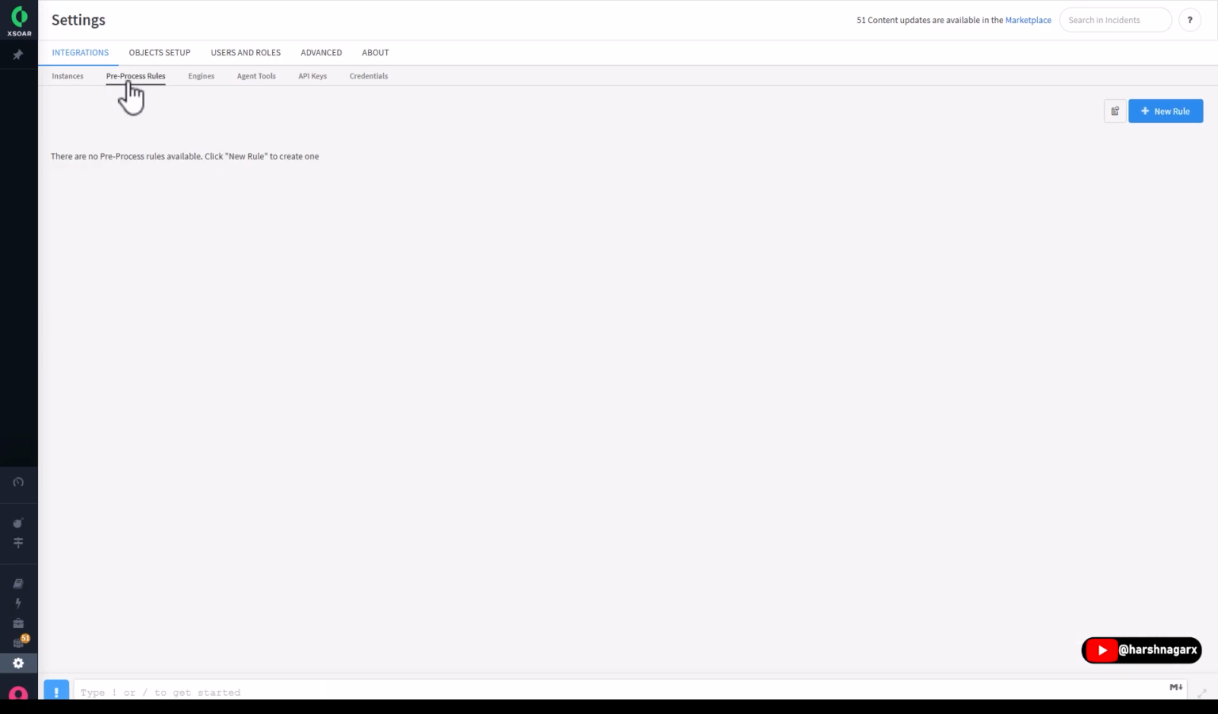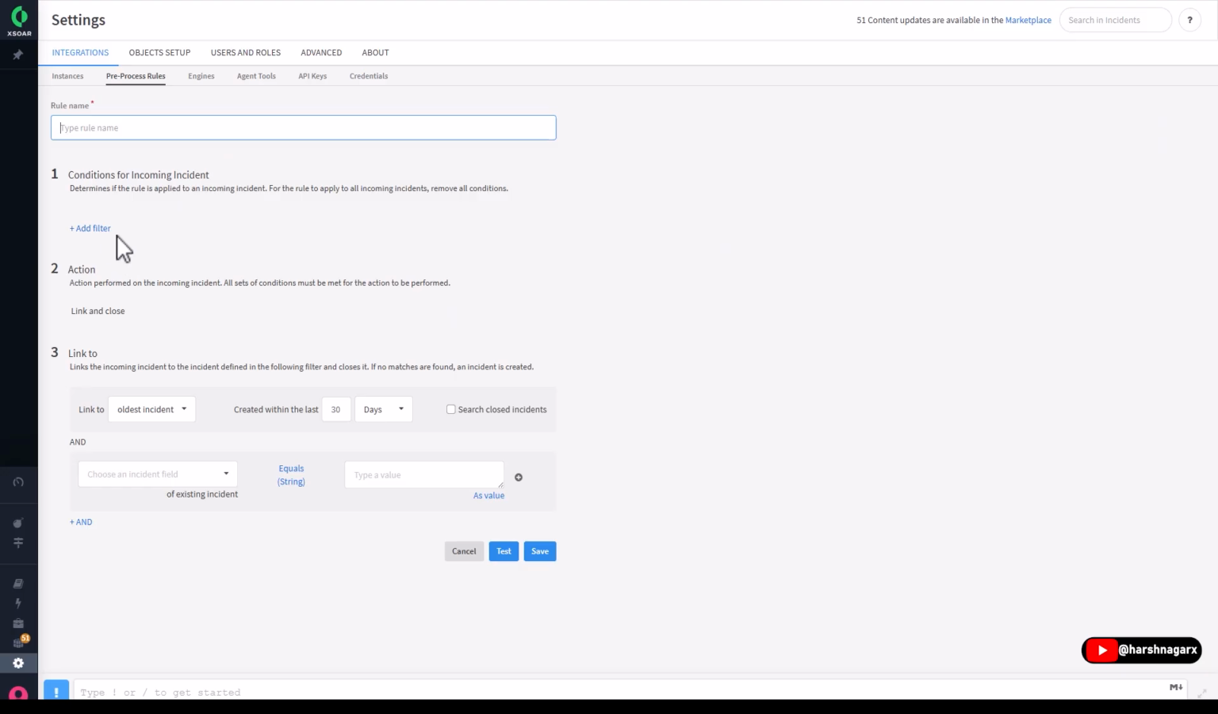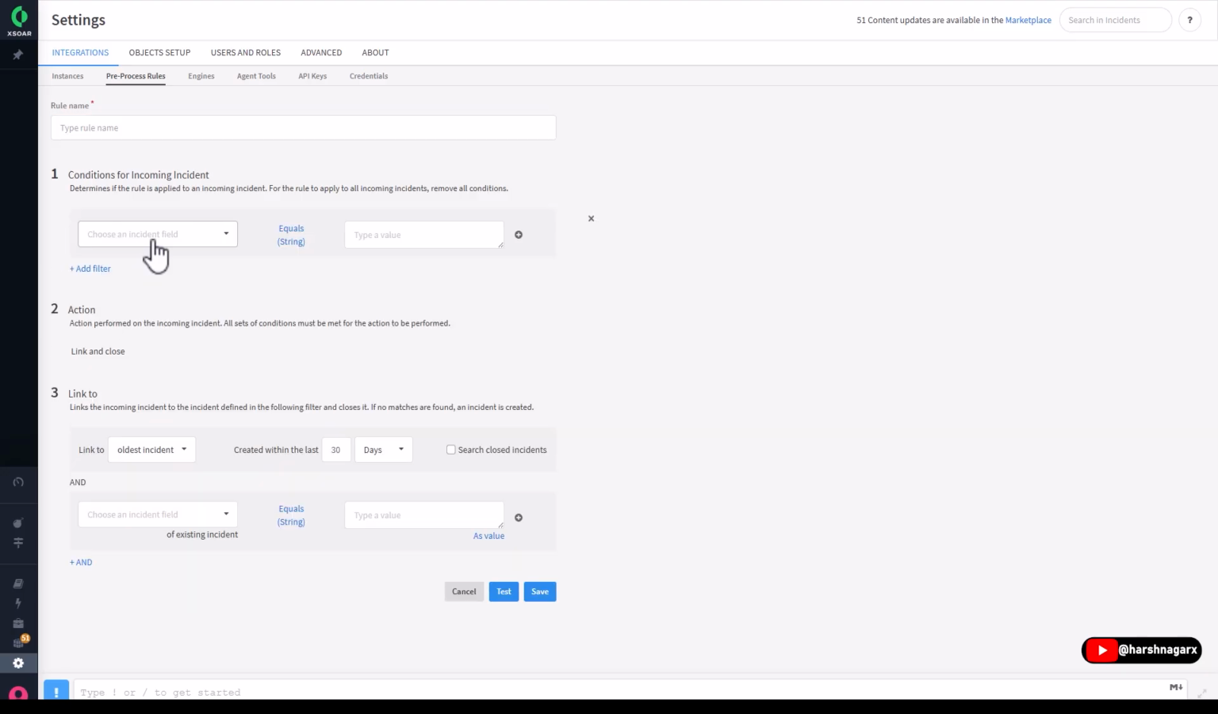So moving ahead, we have the pre-process rules. So pre-process rules are executed before any incident is created on this XOR. Let's say you're forwarding a number of incidents from a SIEM tool to this particular XOR instance. So you can define inside this pre-process rules what are the conditions and what are the actions you want to perform. Let's say you had a condition here and you choose the account ID is equals to 123